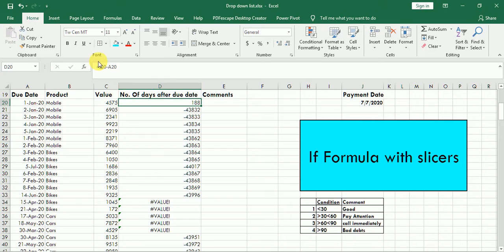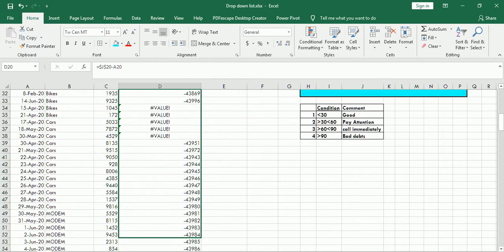Because in the formula bar it is showing J20, and in the next cell it is showing J21, which is blank. I have to make this cell J20 an absolute cell reference. For that, I have to go to the formula, click before J20, and press F4. If we have a function key on the laptop, we have to press Fn F4. Then enter, and when I drag it down, it will not show me an error.